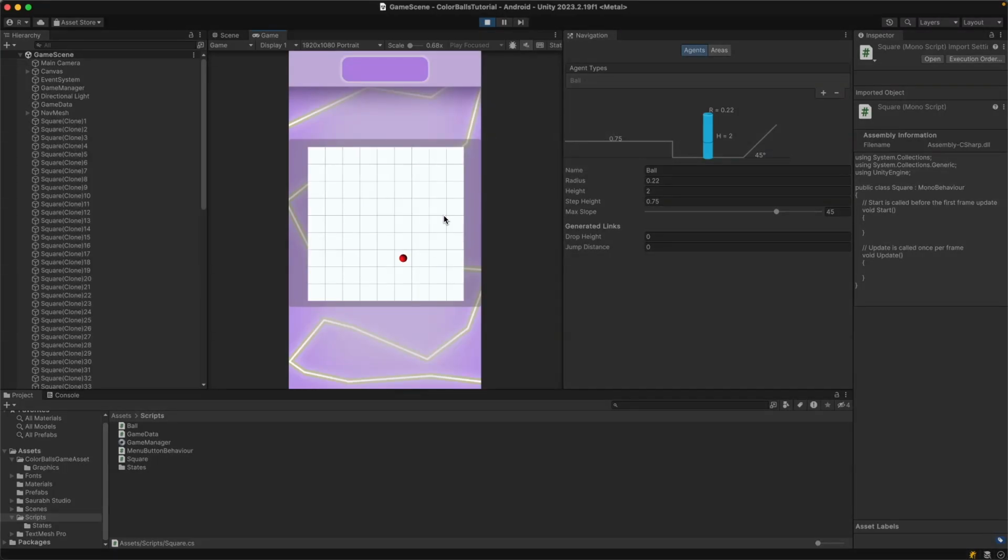Today we will implement the logic to move our ball around the grid. So we'll be able to select the ball, press on the grid square, and the ball will be moving to